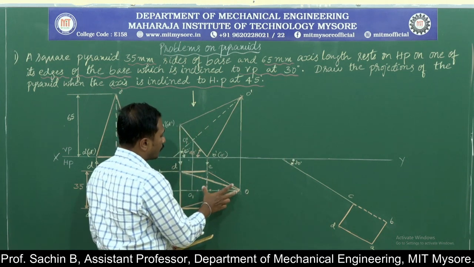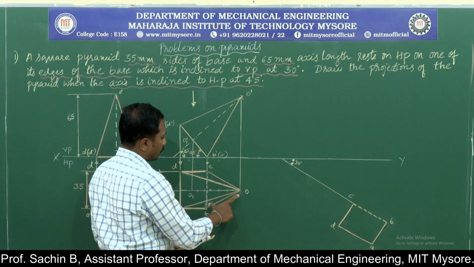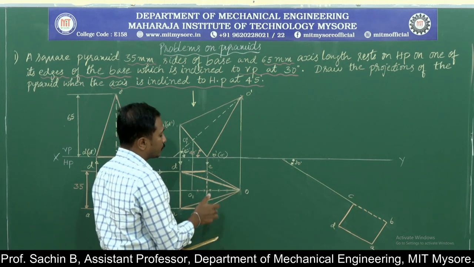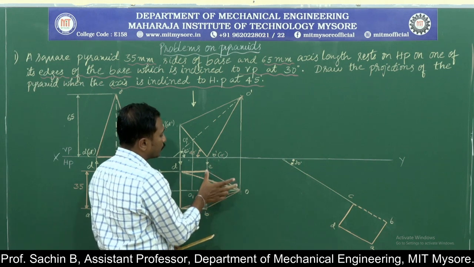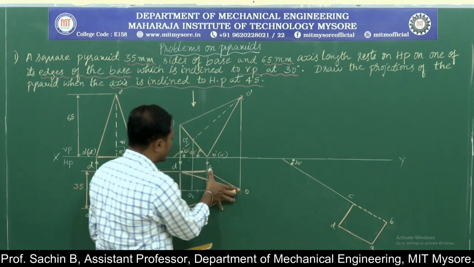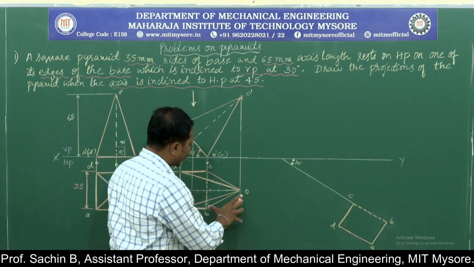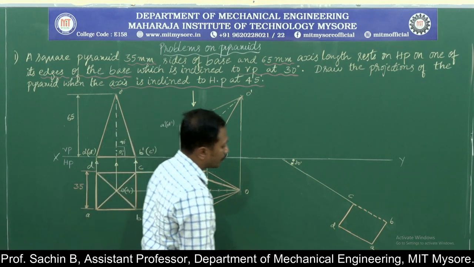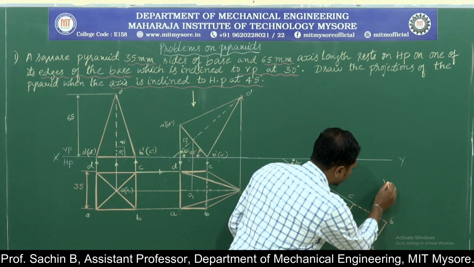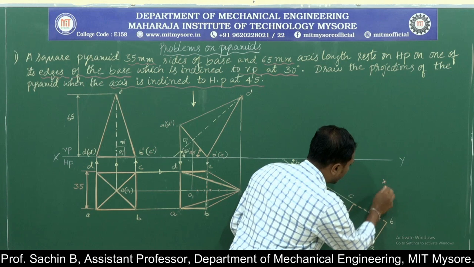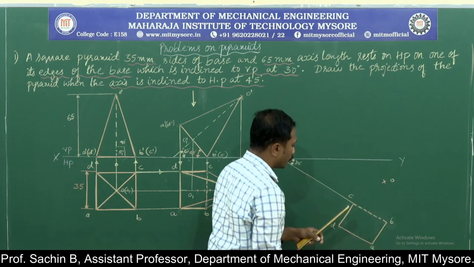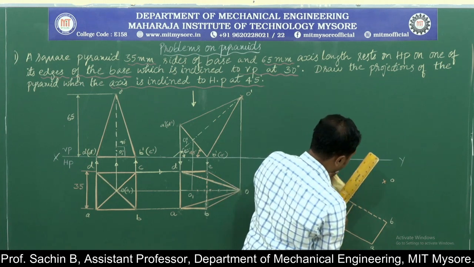Next I need to go for constructing this O point, that is nothing but the apex point. To construct the apex point, I am going to measure the length from O to C or O to B. If I measure the length from O to C with the compass, the same dimension will remain for O to B. Now I will go for cutting the arc from O to C and O to B. This point is called the O point. Next I will go for joining it.